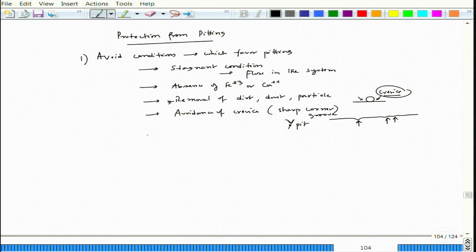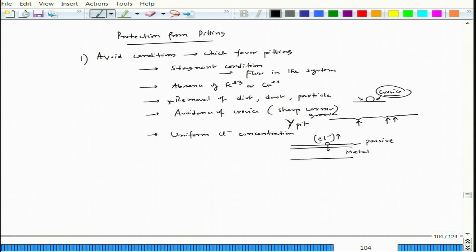And then of course, if we can somehow maintain uniform chloride ion concentration. If it is a flat surface and locally the chloride ion concentration goes up, that actually disturbs the passivity, and that disturbance can lead to the appearance of a small pit. For example, if this is the passive layer and this is the metal, and the chloride ion concentration momentarily increases here, the pit starts forming here.